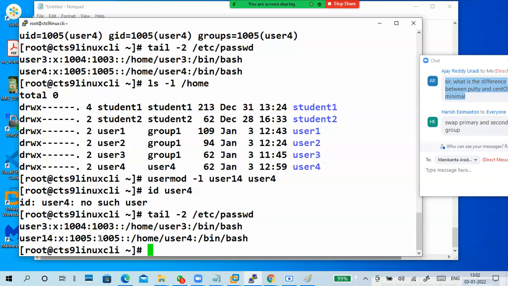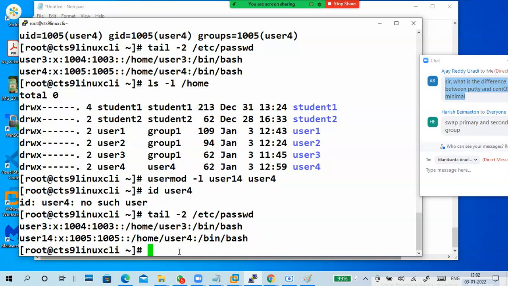Only the username is changed. The home directory is still user4, not user14. So you changed the name but forgot to change this.